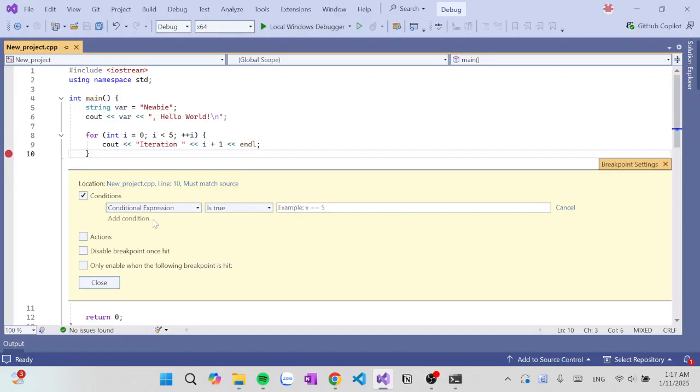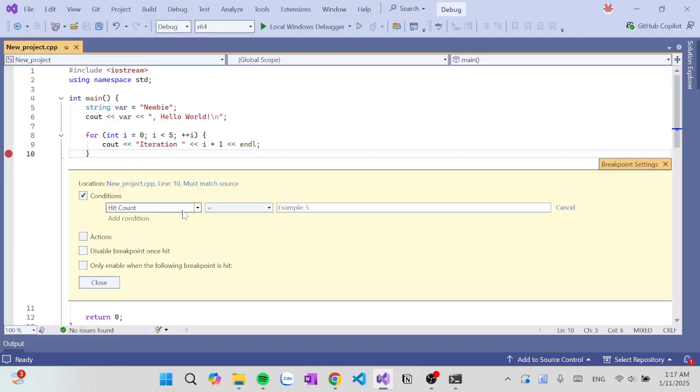You can see here there are two main functions of the conditional breakpoint: the conditional expression as well as the hit count. The conditional breakpoint is only hit when a specified criterion is met, such as a variable equaling a certain value, which means we are expressing a condition, or we hit it after a specific hit count.